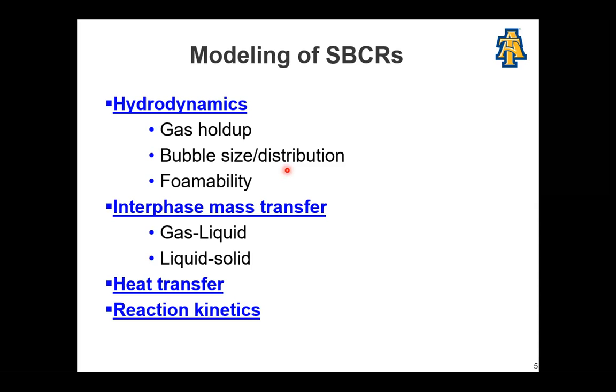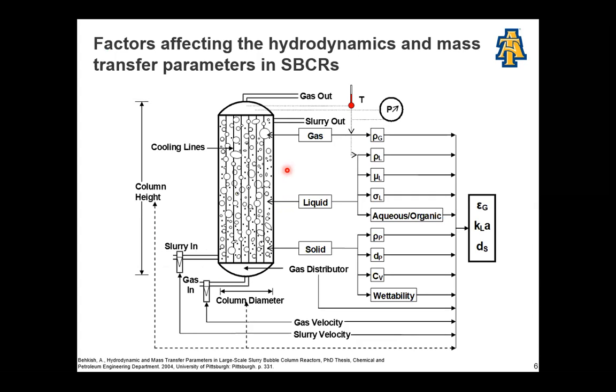In the next slide, we have a schematic showing the factors affecting the hydrodynamics and mass transfer parameters in slurry bubble column reactors. Basically, the factors affecting the hydrodynamics are the gas holdup, the liquid mass transfer coefficient, and the diameter of the slurry. These three factors are also affected by the physical properties of the gas, which are the density of the gas,